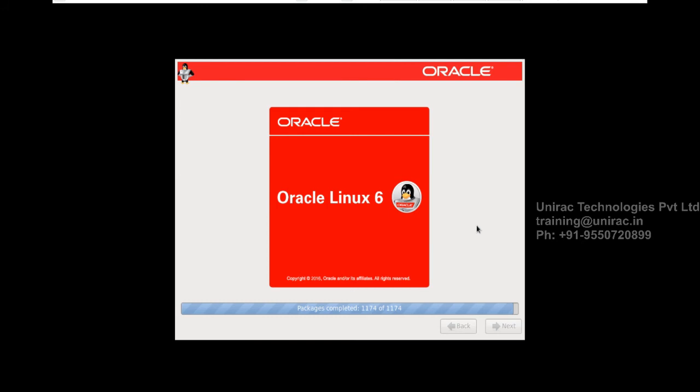So now the packages are being completed, totally 1174 we have. All the packages got successfully completed now. So now it's installing the bootloader. You can see the window shows that it's installing the bootloader.